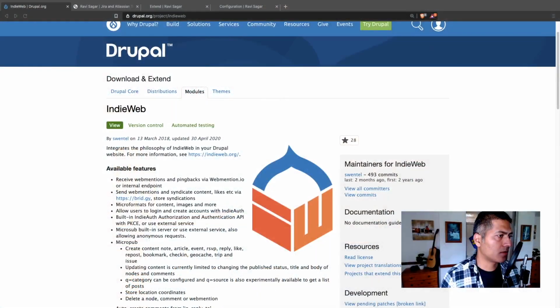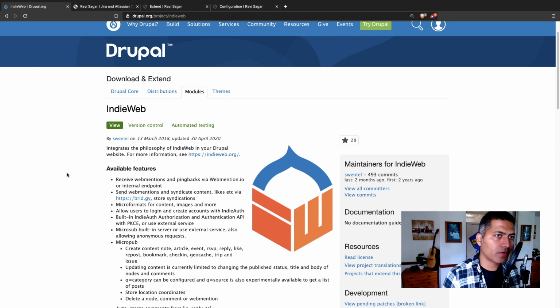Today I want to walk you through the setup of the IndieWeb Drupal module, and the reason I'm doing it is because I want to help you if you're trying to do the same thing, if you're trying to use Drupal for following the IndieWeb principles. The IndieWeb module can basically solve a lot of problems for you, but it requires some configuration, and it is